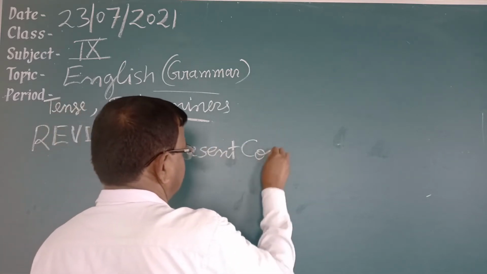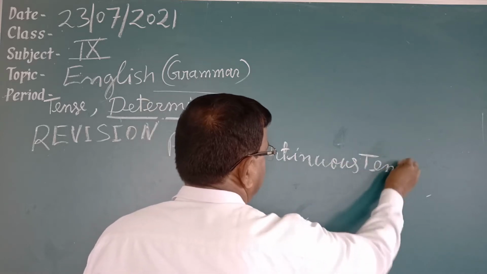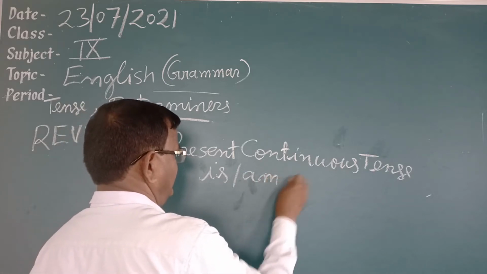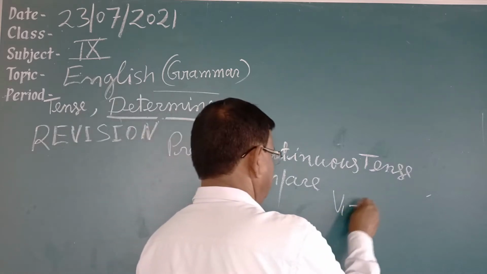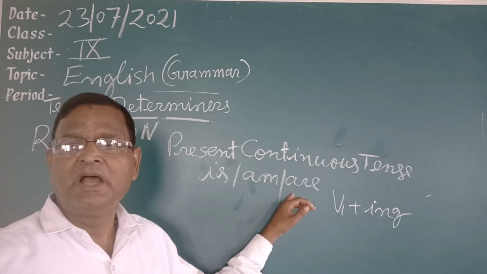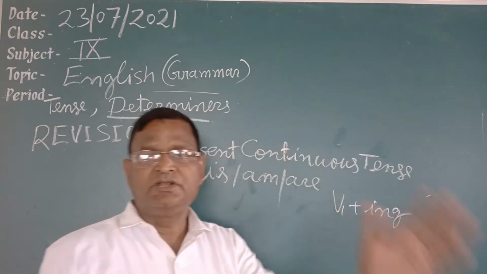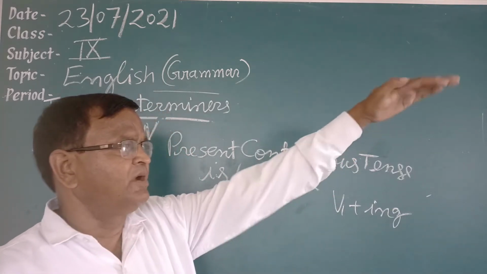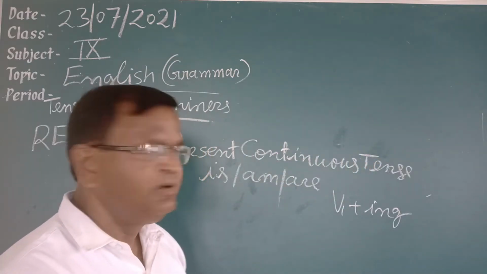In present continuous tense, three helping verbs are is, am and are. I have told you that in this tense verb first form plus ing is used. Just like he is going to school, I am writing a letter, you are playing cricket, like that. If negative sentence is there, then not is used after is, am, are. They are not walking in the garden, she is not writing a novel, I am not going to school, like that.